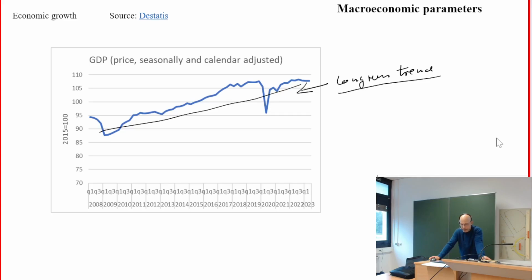Again, back to your term paper. What we have talked about was to describe in the first step the main macroeconomic indicators. So, of course, economic growth